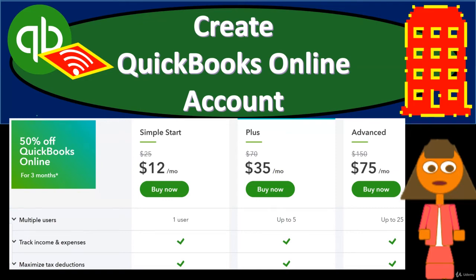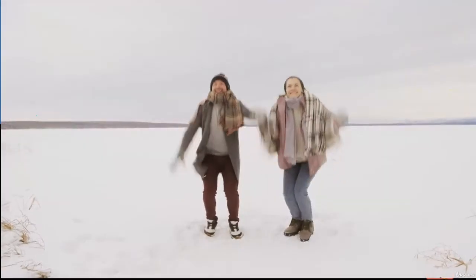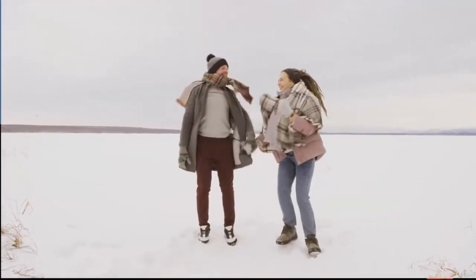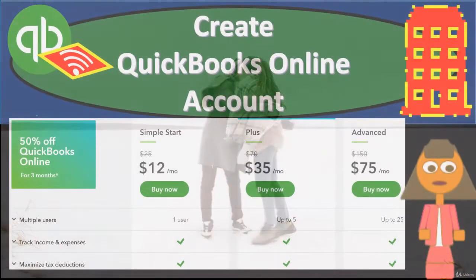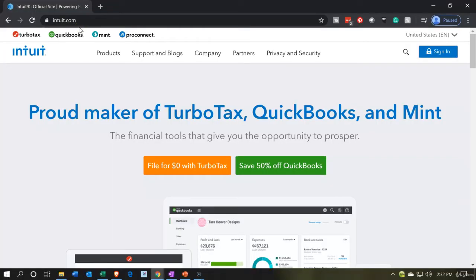In this presentation, we will create a new company file for our practice problem. Let's get into it with Intuit's QuickBooks Online. Here we are on the Intuit website. Intuit is the owner of QuickBooks. It's spelled I-N-T-U-I-T,